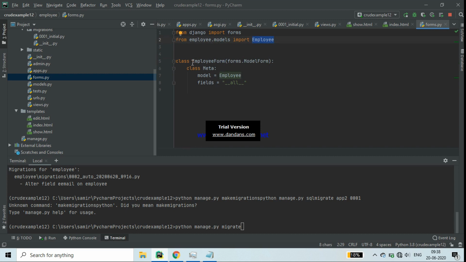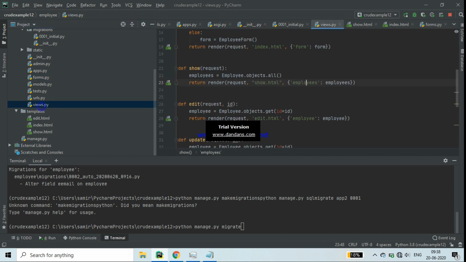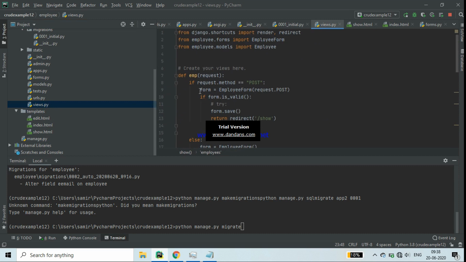Employee is the name of the model, and here I am creating EmployeeForm, and then model is equal to Employee. Means from the Employee model, whatever fields are there, with those fields I can create the form. So as you can see here, come to the view. Yes, here I have made an object, form is equal to EmployeeForm.